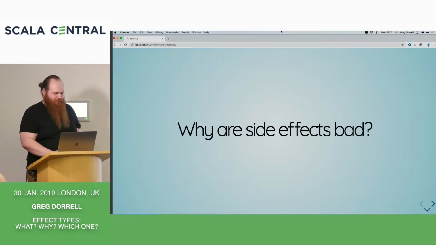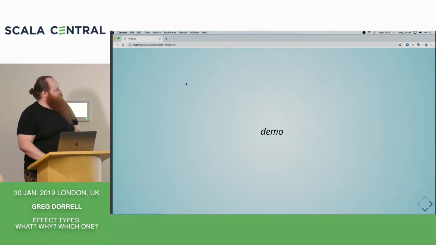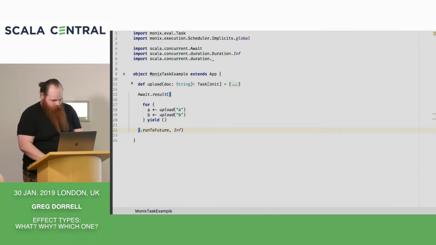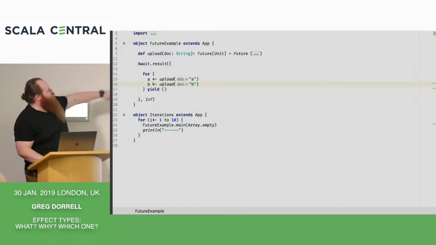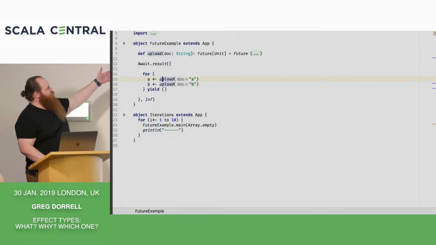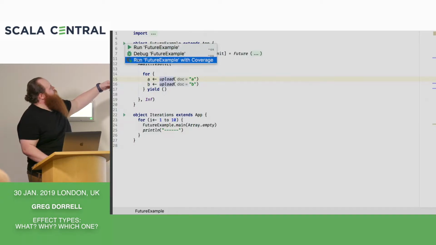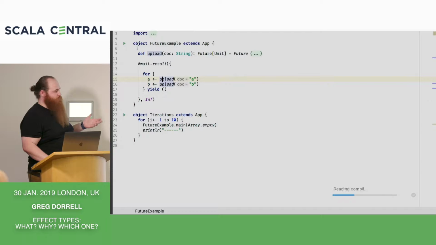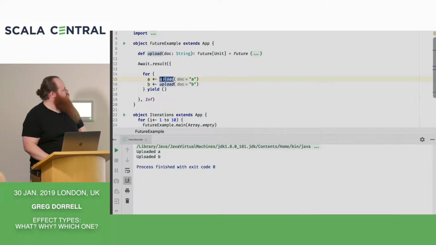Side effects aren't good, and whenever you create a Future, you're performing side effects. So let's take a look at Futures. Here I've just got a for comprehension, and I'm uploading documents, and this returns a Future of Unit, so presumably it does some side effect. We said that monads compose nicely inside for comprehensions. So when you use a Future in a for comprehension, you get this sequential ordering of operations. And this works okay. However, once you start